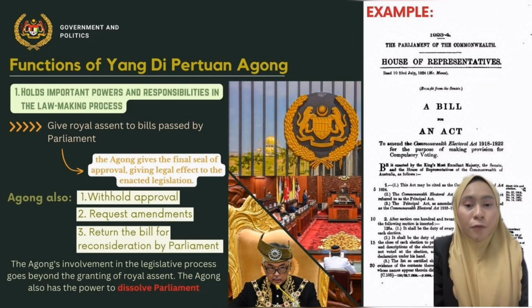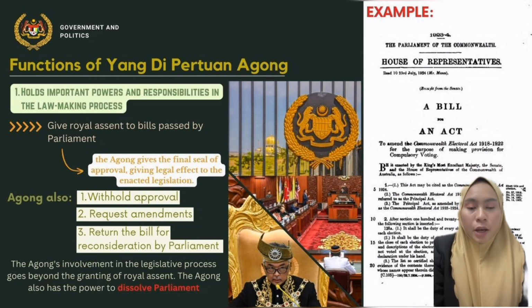The Agong's involvement in the legislative process goes beyond the granting of royal assent. The Agong also has the power to dissolve Parliament, which begins the process of holding new elections. This function is important in ensuring the democratic functioning of the legislature. By dissolving Parliament, the Agong allows the establishment of a new government based on the will of the people expressed